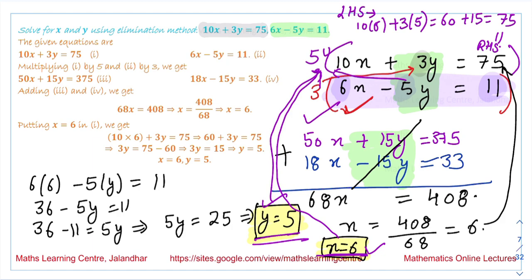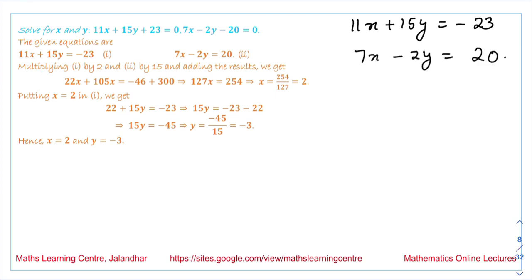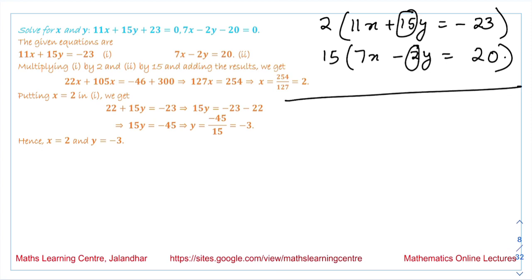Similarly, this next question is given to us. The two equations that are given to us are 11x plus 15y equal to minus 23, and the second is 7x minus 2y equal to 20. Suppose we are again eliminating y. It is 2 over here, so we multiply this equation with 2 and this equation with 15, and the new equations that we obtain are